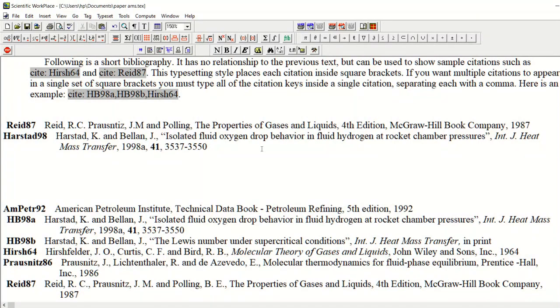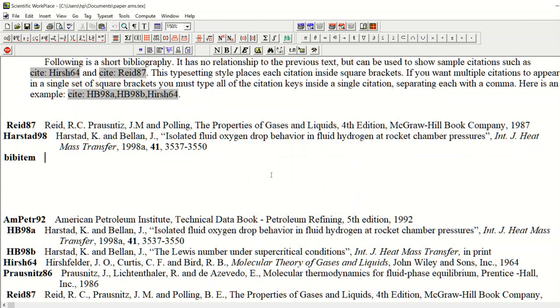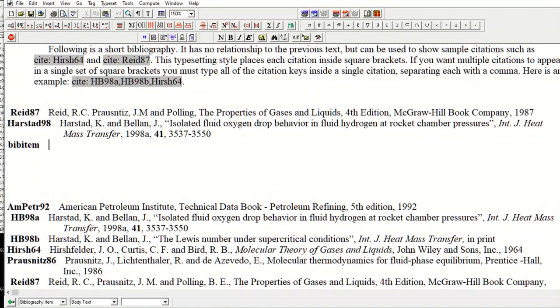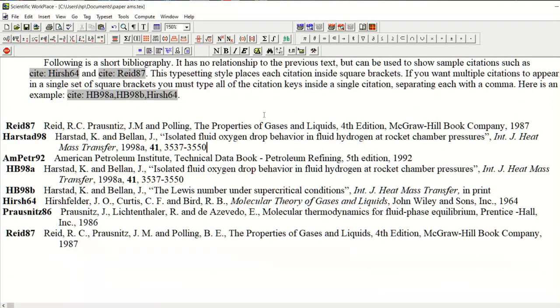If we want to enter the third reference, we will press enter at the end of this line. The third reference will be written in a similar pattern. If we want to end the bibliography item, we will press cancel, and then we will press this green button which is used to remove the item tag. When we press this button, this tag will be removed, and in this way the list of bibliography items can be written. Now how can we cite these references in the document?